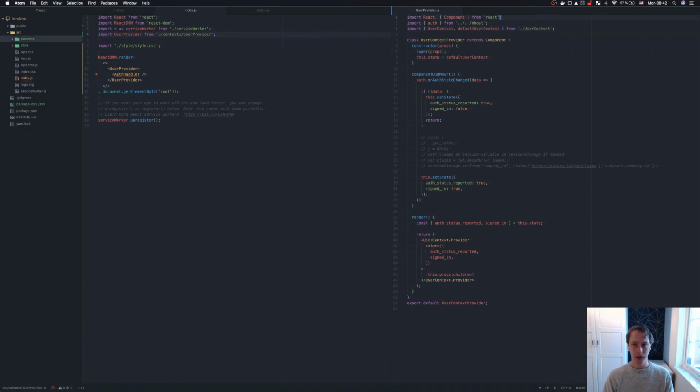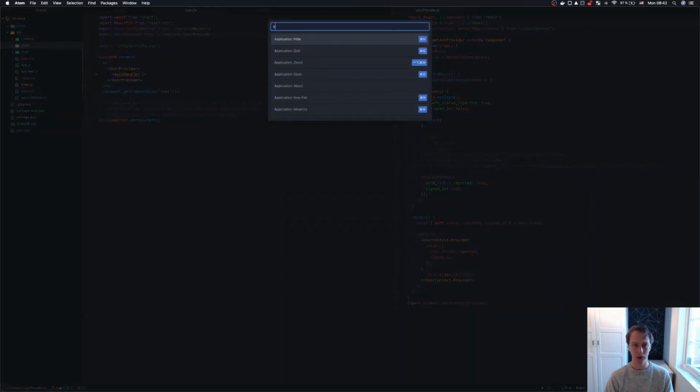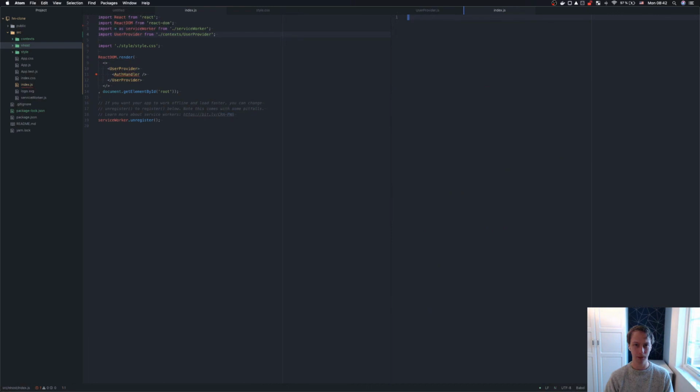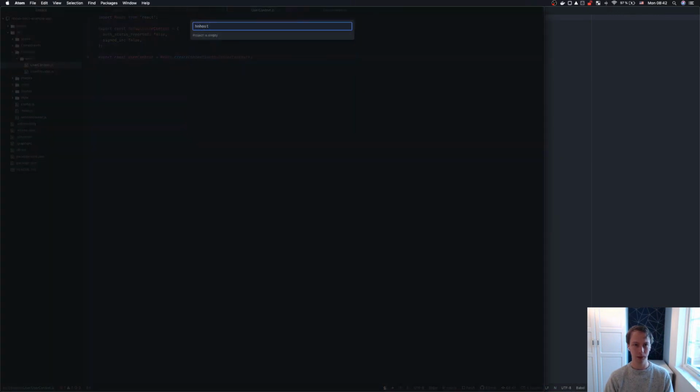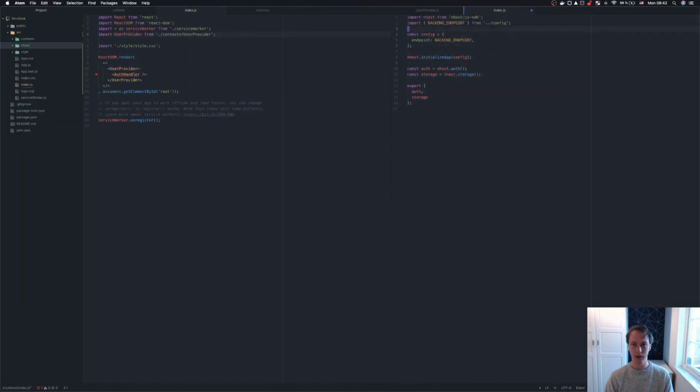Yeah, so next thing we want to do is initialize our application with Nhost, and we do this by adding a new folder in the source directory, Nhost. Add file, we're gonna name it index. In the Nhost index, I'm gonna copy everything here. So this will import the Nhost.js SDK for handling authentication and storage. We're not gonna use storage, so we can delete that one. This one, and